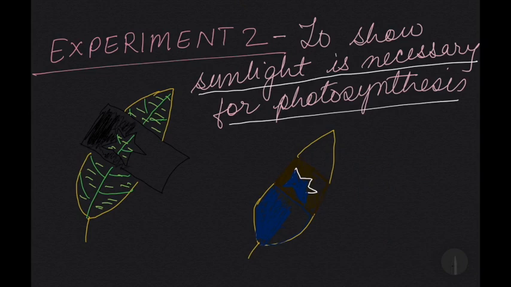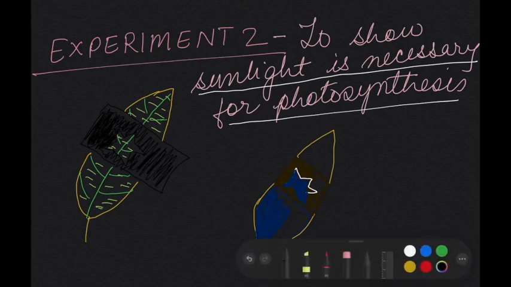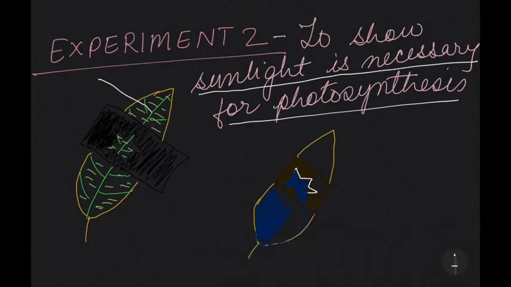Why are we covering this portion of the leaf with black paper? To cover out the sunlight. Because what are we proving? We are proving sunlight is necessary for photosynthesis. So a star shape is there. You can see, this middle portion is exposed and these two outer portions are also exposed. So this part is exposed to the sunlight. This part is exposed to the sunlight. This part is exposed to the sunlight, and the other portion which is covered by the black paper will not